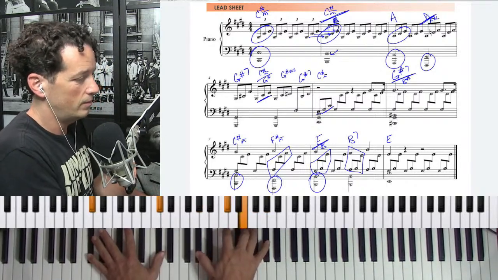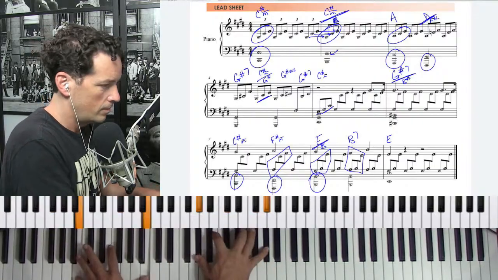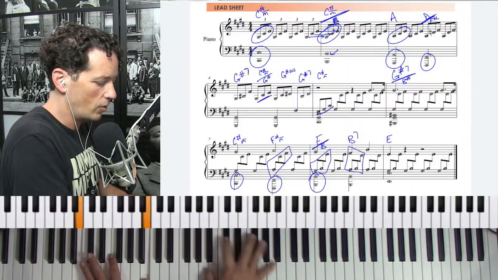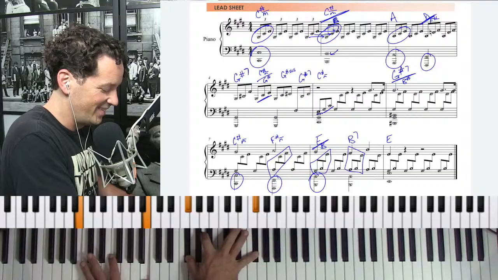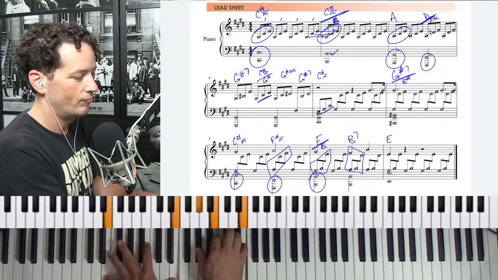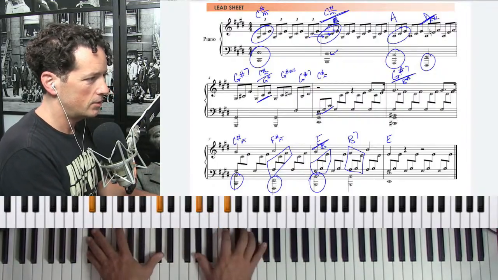C sharp minor. F sharp minor. E over B. B7 over, just B7. E. And so then I redo it and I think C sharp minor,